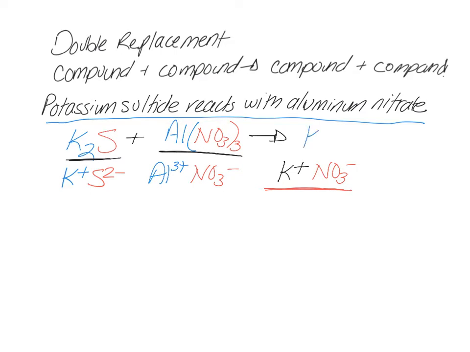And so that when I put them together, I see that I get this, which in words would be potassium nitrate. Okay, and then the other thing that I'm going to make is I'm going to make aluminum, which is 3 positive, and it's going to go with sulfide, which is 2 negative. So I'm going to get